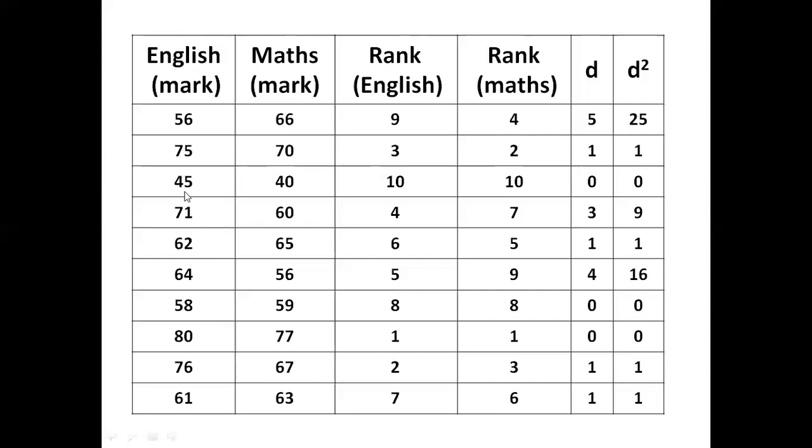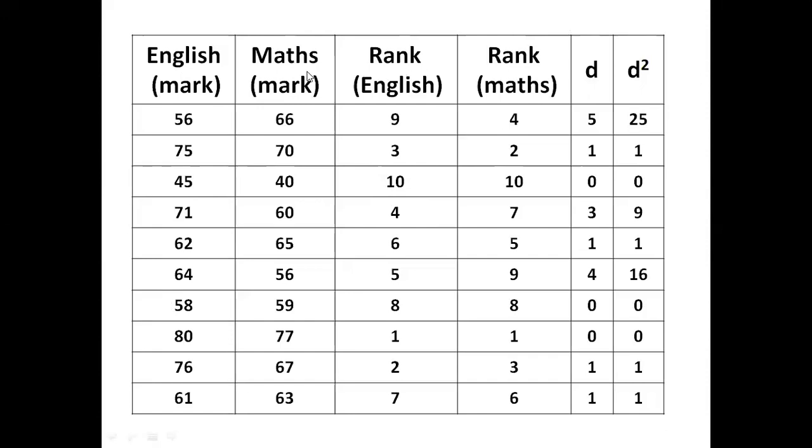In that manner, as you can see, 45 is the lowest mark scored in the English subject. So for that value, we have assigned the last rank. As you can see, n is 10, because these are the 10 numbers. In that case, the last rank will be 10. If it were 15 numbers, then the last rank will be 15 if we have different data from each other.